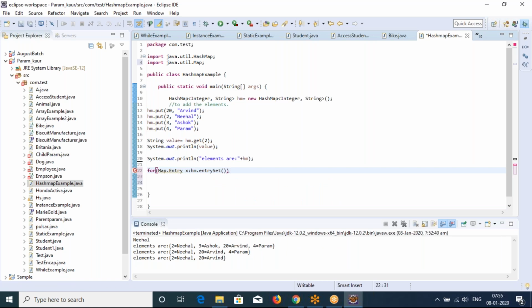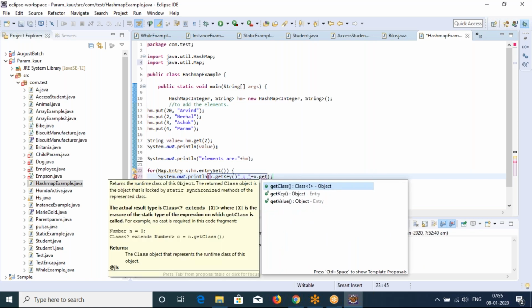Okay. System dot out dot, x dot get key. Here I will put something like some colon. This, x dot get value.